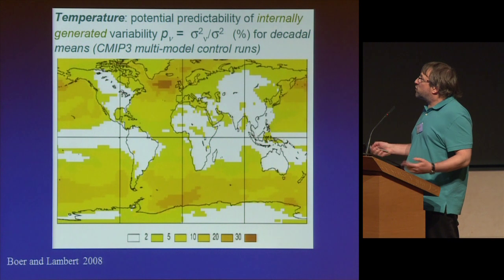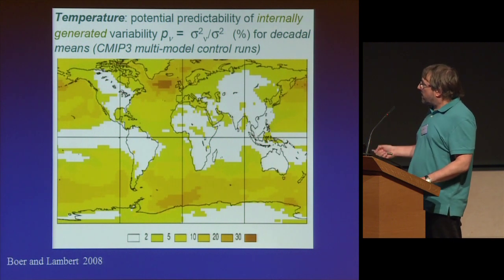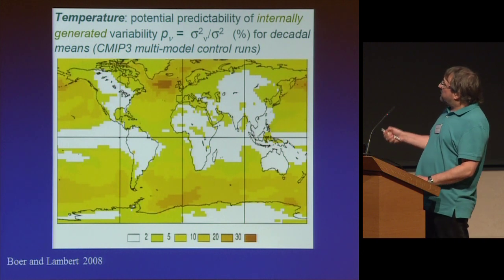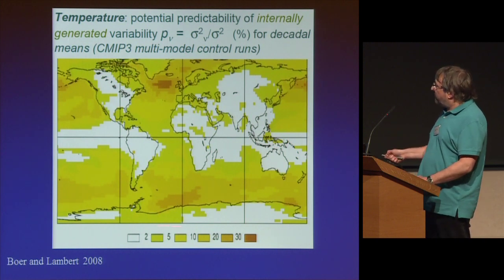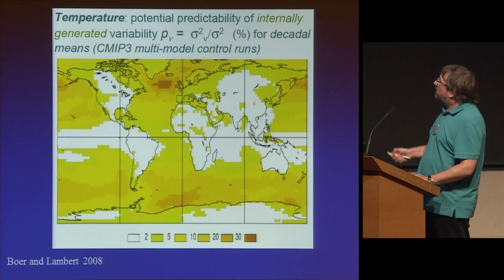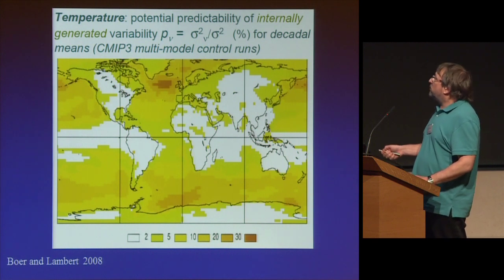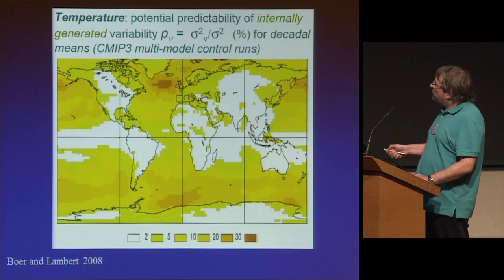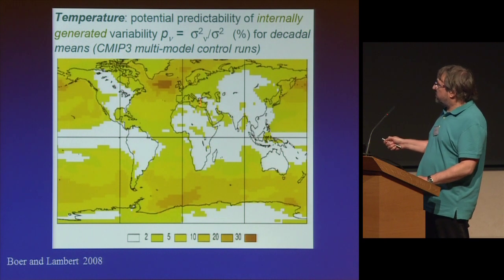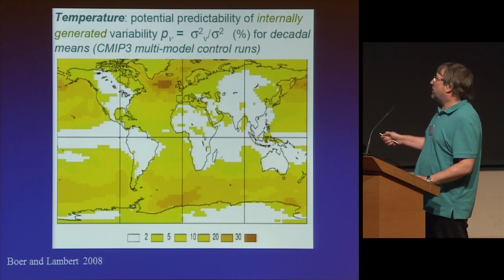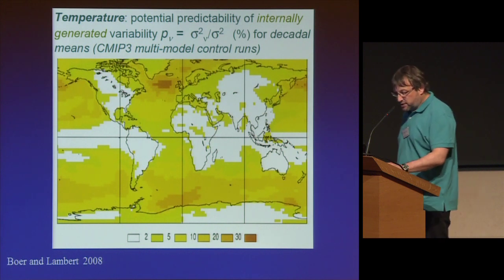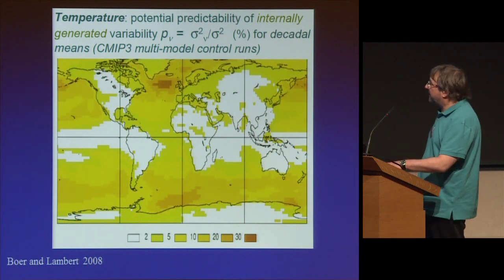So this has been done several times with lots of models, including ensembles of model simulations where the models are different each time. For example, this paper by George Bauer shows the results, and it shows the fraction of variance of the signal that can be predictable using this kind of analysis. And as you can see, there are some places where the predictability is more important than in others, and especially in the North Atlantic. I'll come back to that later.